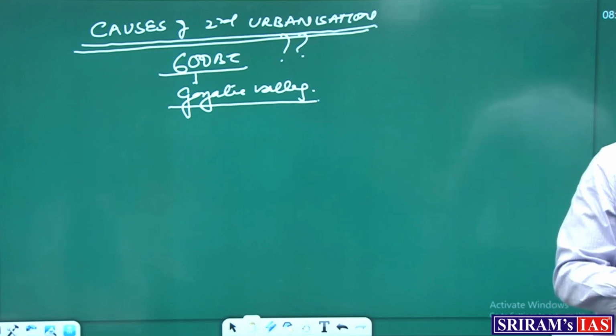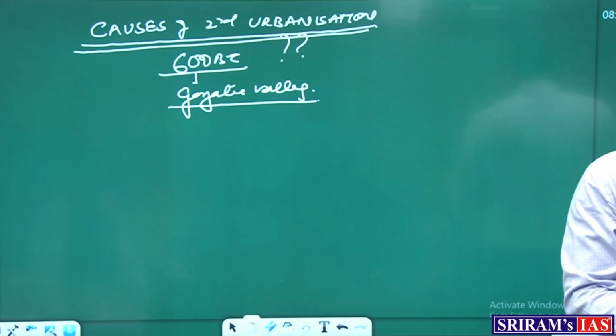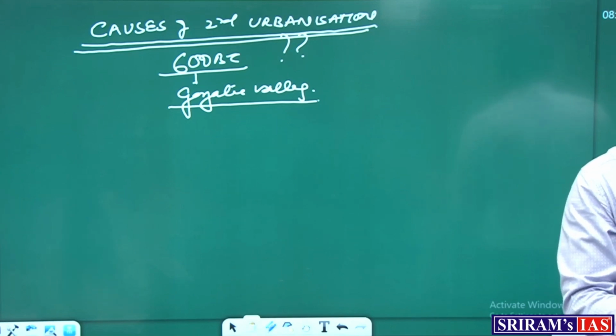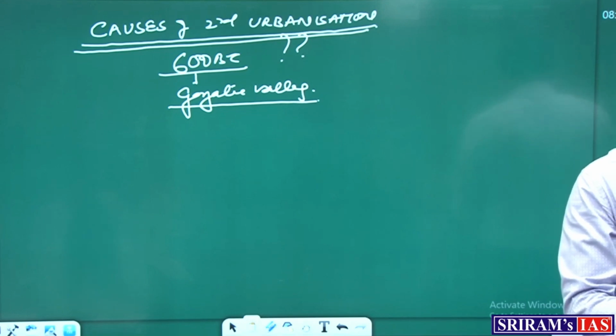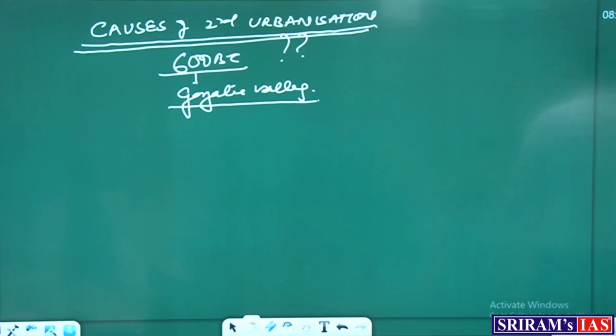Okay. And then, most importantly, the ideology of Buddha and Jaina. Buddha and Jaina advocated peace, which is very important for trade and commerce, a peaceful atmosphere, economic generation. Buddha and Jaina advocated social mobility, discarded the rigid form of the varna system. Social mobility always created the temperament which is very important for economic regeneration. Okay, so these are the factors which help you understand the rise of the second urbanization. Fine. So any doubt in this?